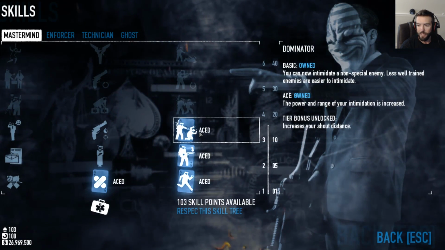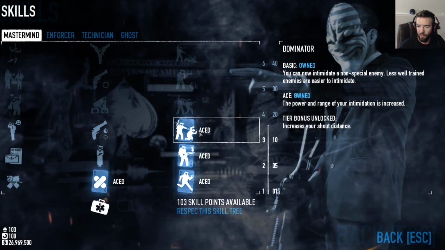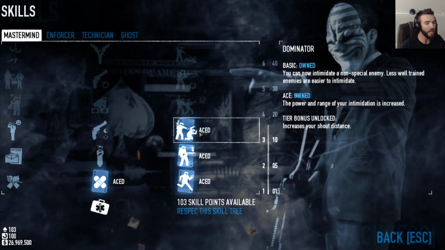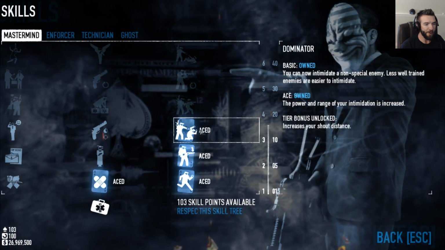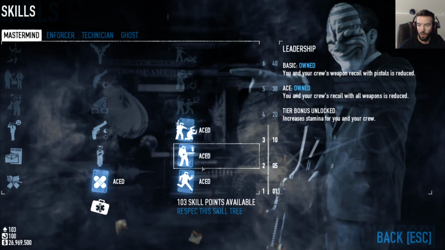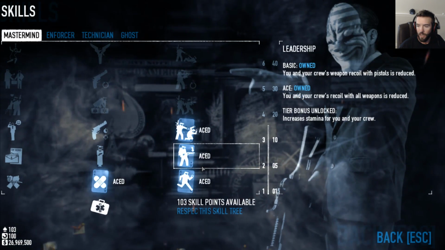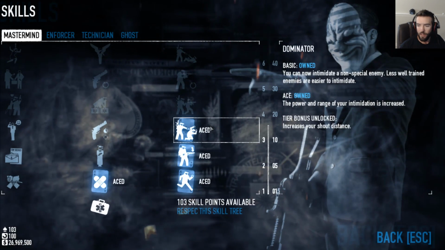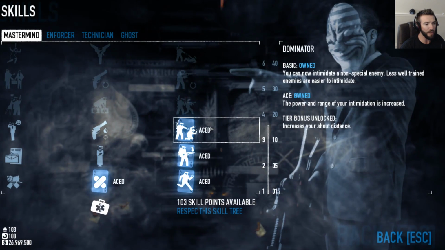But when you ace it, you get a 50%. I'm sorry, not 50. No, it is a 50% increase in the range in which you can dominate somebody. The tier bonus unlock for our second tier was a 15% increase in stamina, and now we've unlocked this tier bonus, which is a 25% increase in shout